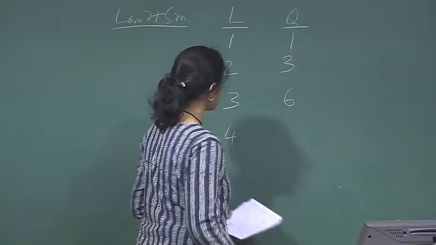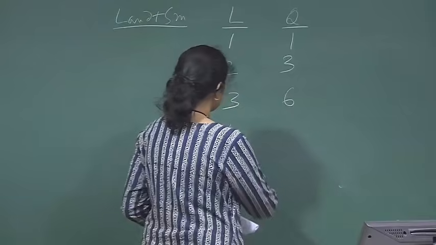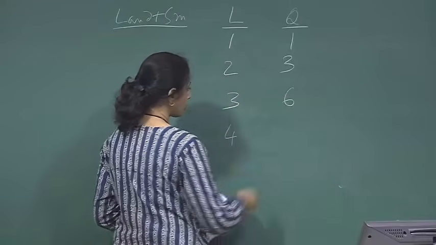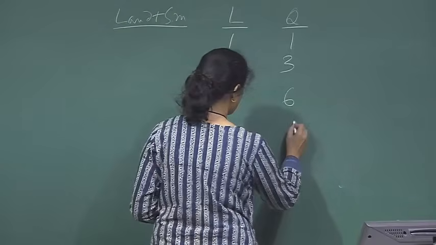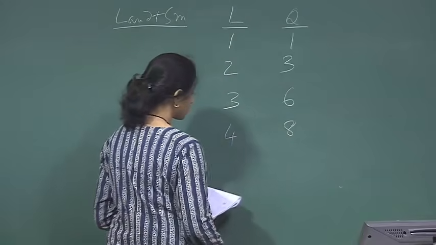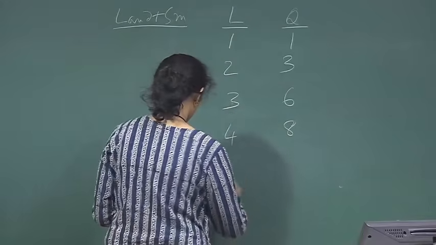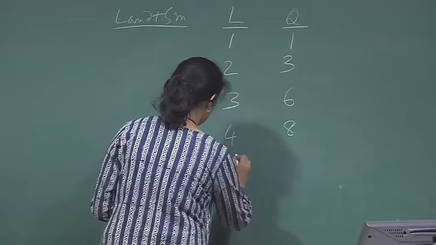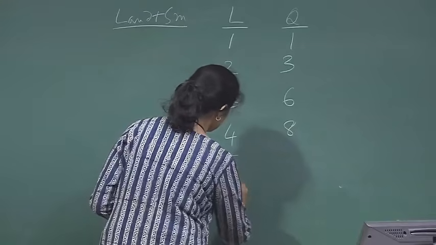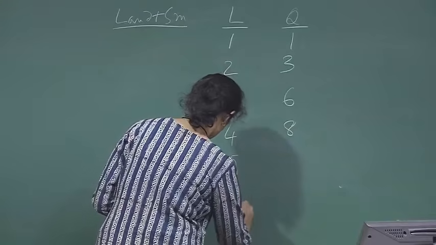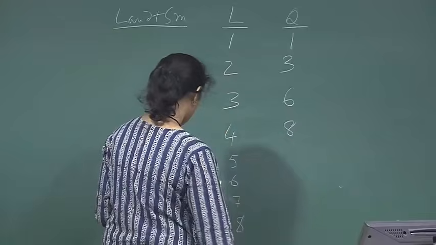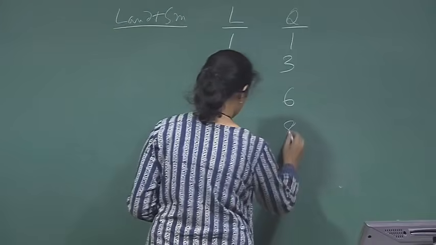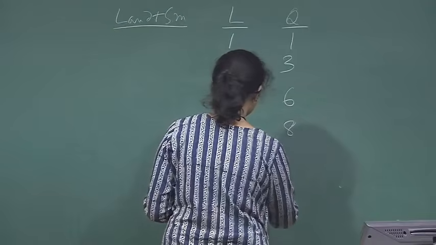Then he increases the number of people to 4 and the number of garments stitched is 8. Similarly he increases to 5, 6, 7, 8, and for the 5th person that he hires,